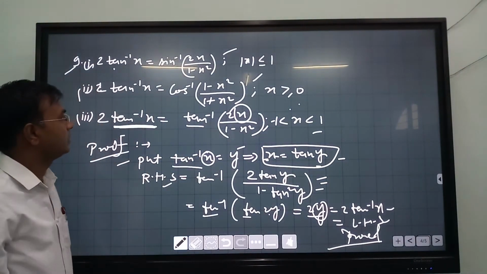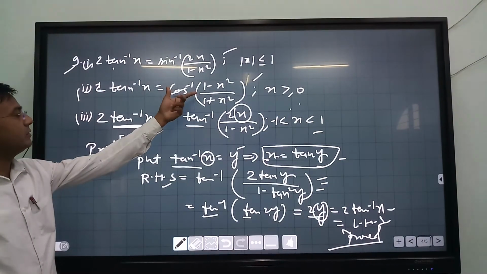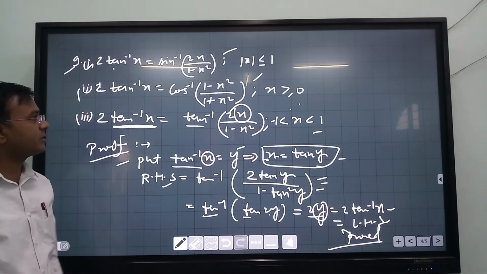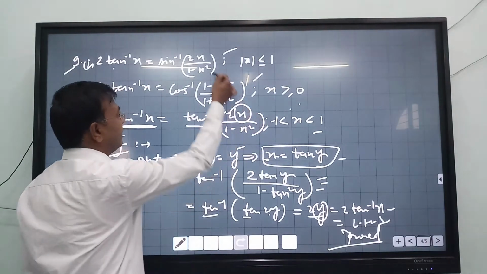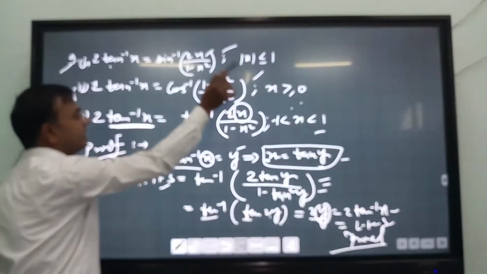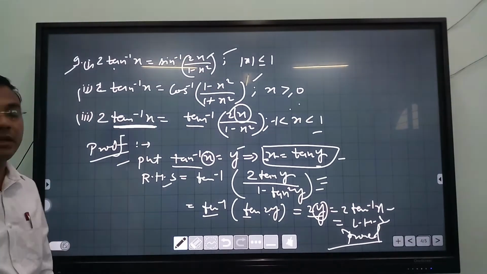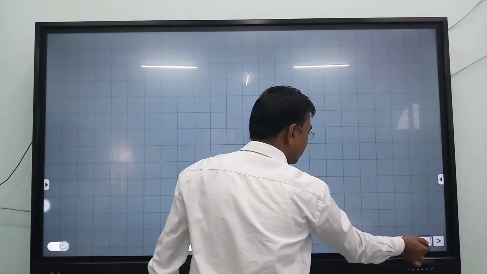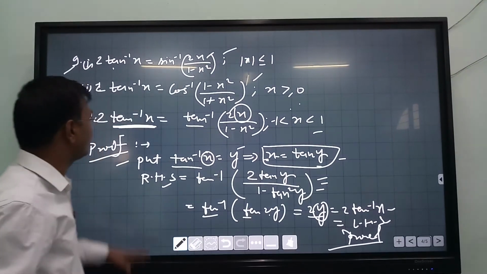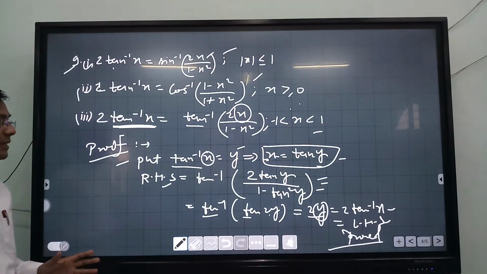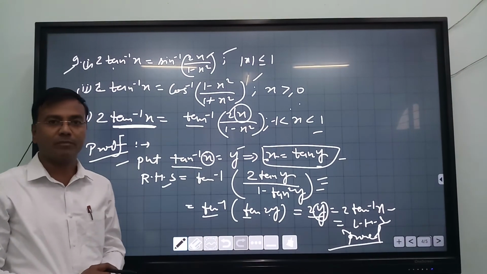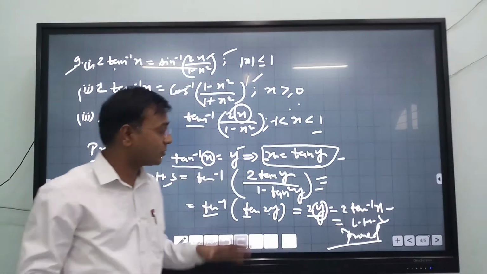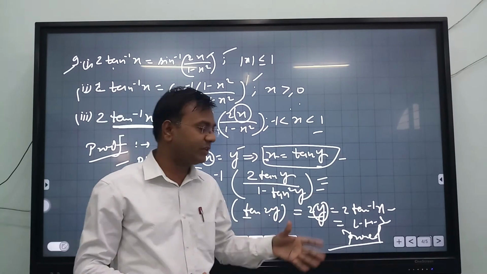Similarly, here you will prove the identity number second or third, right? Substitute the value of x as tan y everywhere, and this itself forms the identity studied in class 11. Further, if you have doubt, you can ask. So prove these identities, learn these identities, and then try the examples. Okay, I hope you learned the identities and understood the fact, and further if you have doubt, you can ask me.